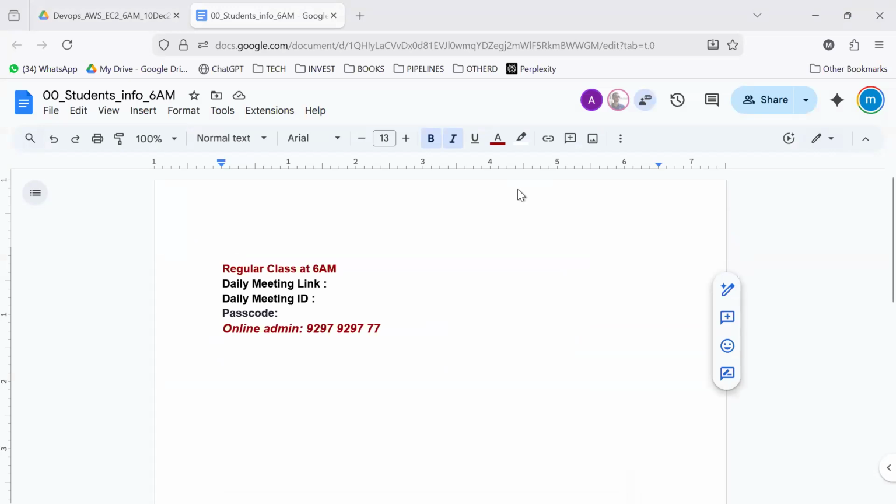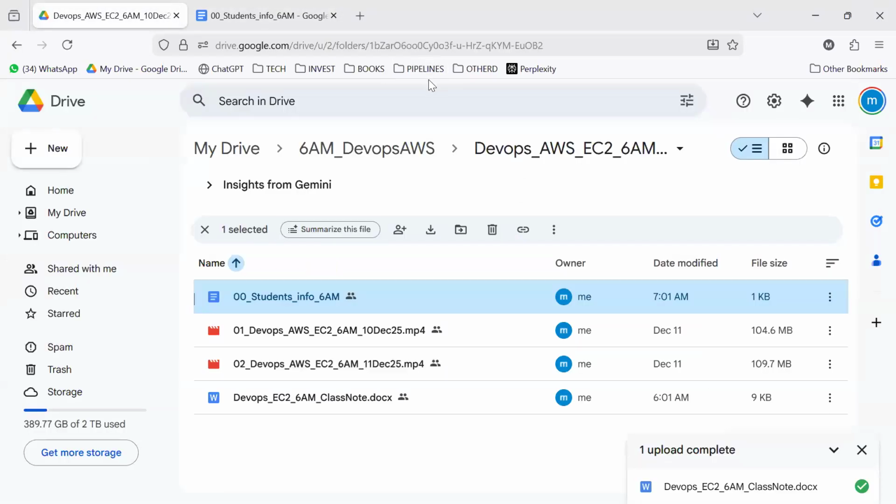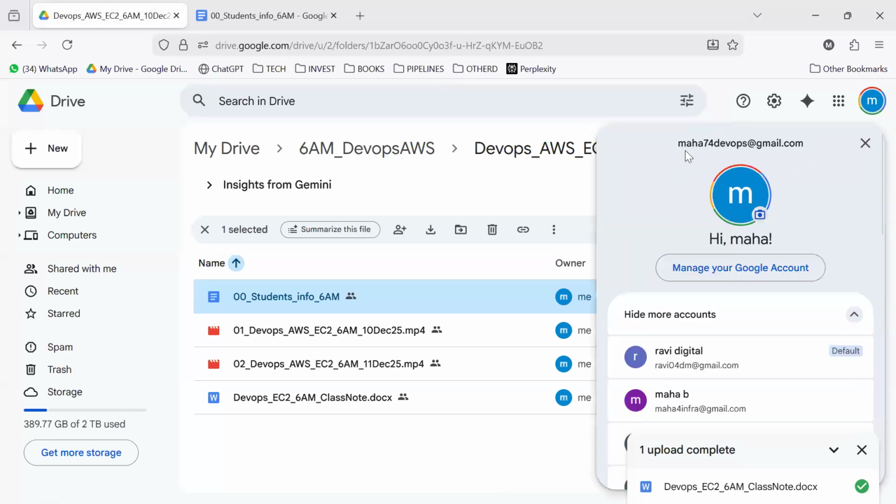In the mail only we need to check, right? Yeah, I got mail. Zoom mails I have. Check it once. From whom can I get the mail? So Maha 74 DevOps at the rate of gmail.com. It is the source mail.